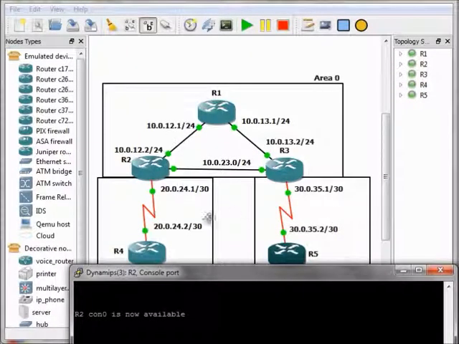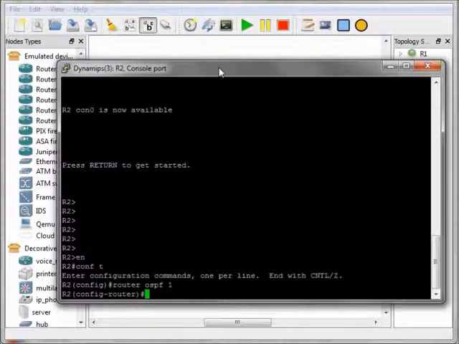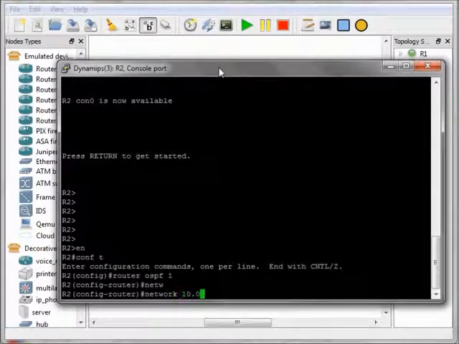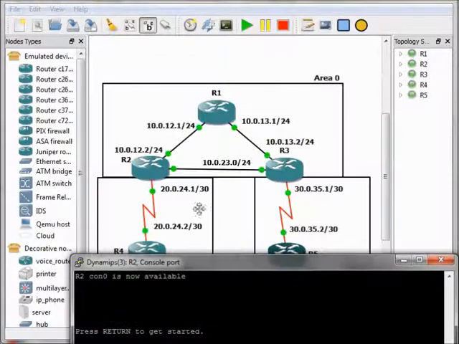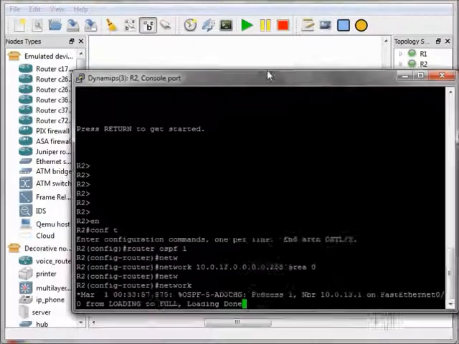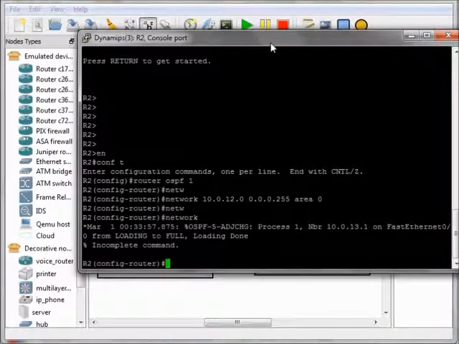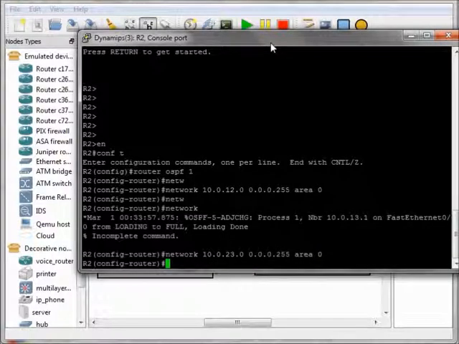First network 10.0.12.0, the wildcard mask is 0.0.0.255, area 0, then network 10.0.23.0, the wildcard mask 0.0.0.255, area 0. Then network